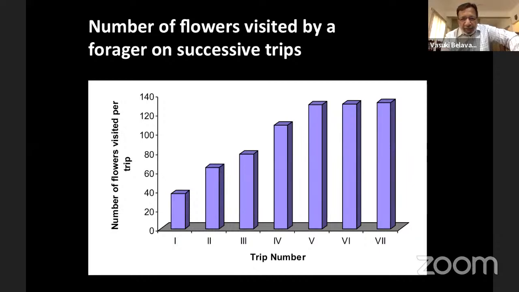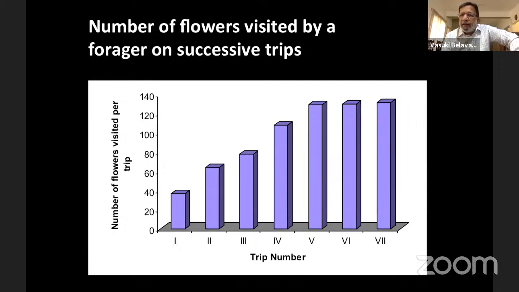Because in a cardamom flower, the number of ovules is about 27. There are 3 locules, and in each locule there are 9 ovules, and each ovule should receive a pollen grain. So in a single visit, a bee will not be able to deposit so many